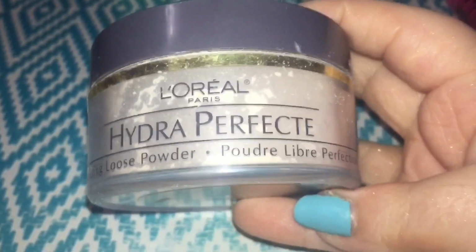Now I'm going to be setting everything in place with the L'Oreal Hydra Perfect Finishing Powder. This is just in translucent, and what I'm going to do is set my under eye in place with this powder. Now this is a pretty messy product, and it does get everywhere, so you do kind of have to be careful with it. I'm just going to be using this little brush right here to get some of the